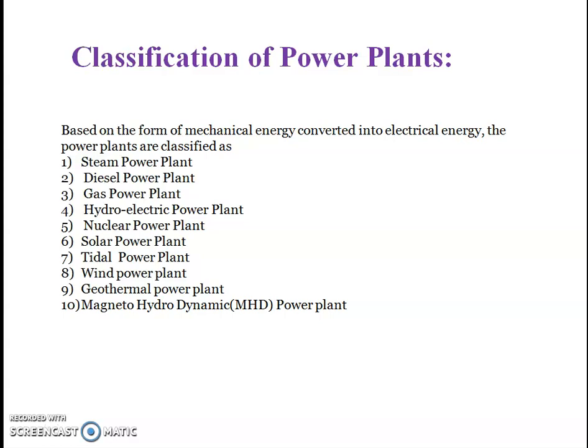The steam and the hot water come naturally to the surface of the earth in some locations. For large scale use, boreholes are normally sunk with a depth up to 1000 meters, releasing steam and water at temperature up to 200 or 300 degrees centigrade and pressure up to 30 kg per square centimeter. The steam coming out of the ground is used to generate electricity. And the last one is Magneto-Hydrodynamic Power Plant or MHD power plant.